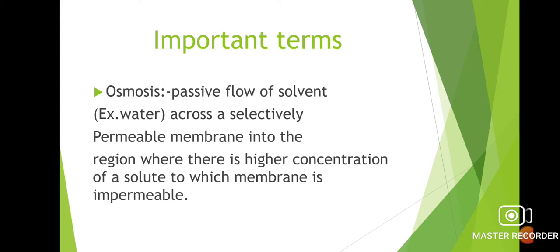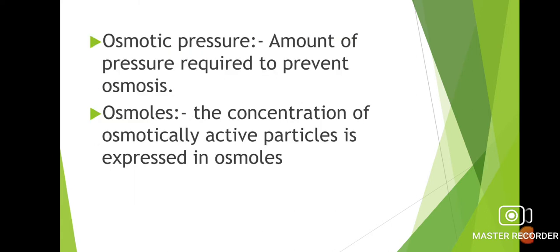Osmosis, which is a type of passive diffusion. It is the passive flow of solvent across a selectively permeable membrane from lower concentration of solute to higher concentration of solute, to which the membrane is only permeable to solvent, not to solute. Then osmotic pressure, the amount of pressure required to prevent osmosis, and osmoles, which is the concentration of osmotically active particles